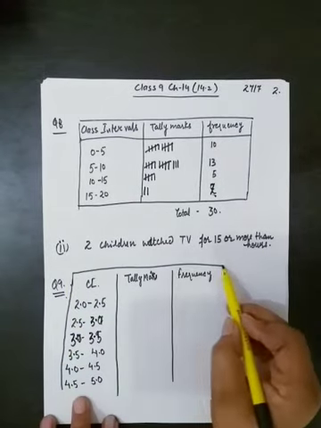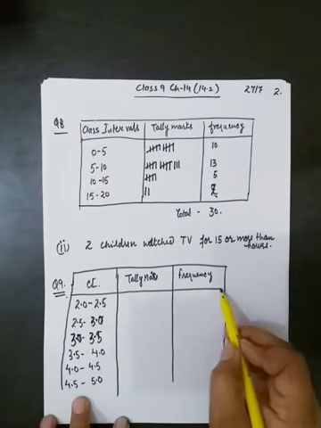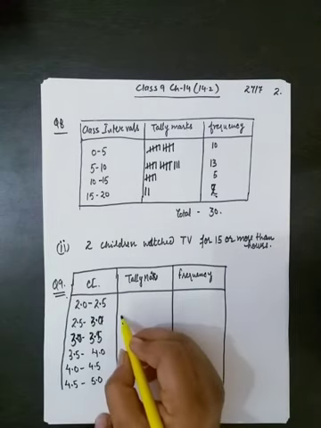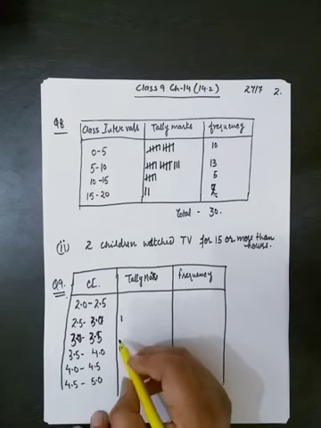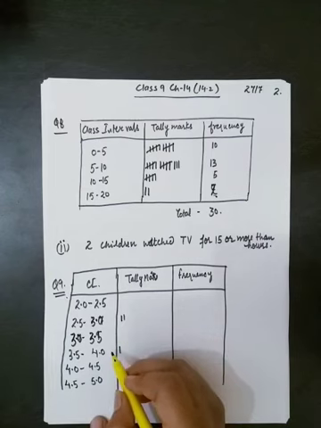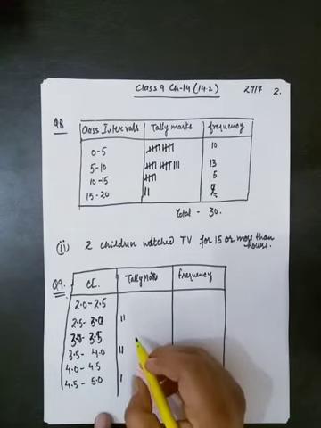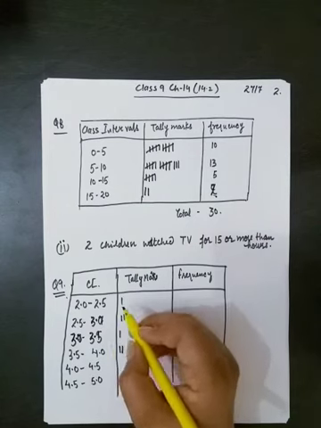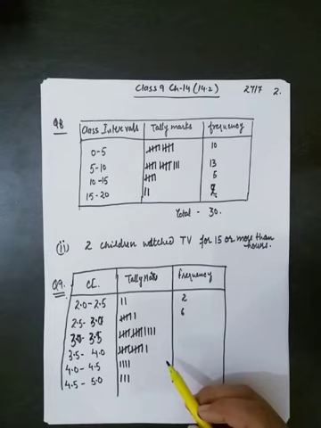These are very simple questions and you all can do all these questions very easily. The first value is 2.6, so it falls in the second interval. Next is 3.5, next is 2.5, next 3.5, next 4.6, next 3.0, 2.3. Similarly, we will complete all the values. Here our tally marks are completed.